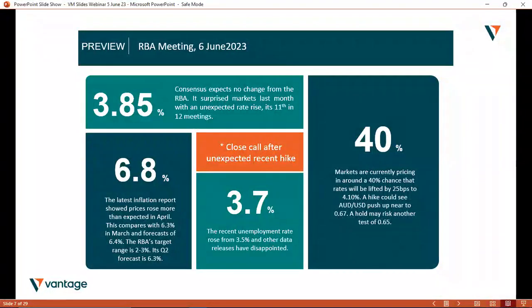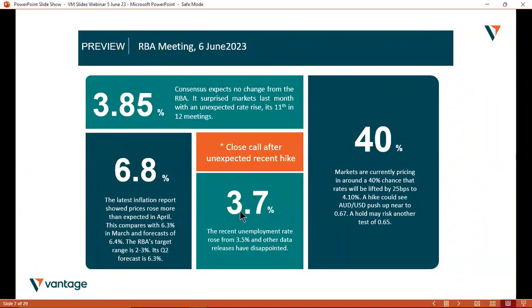Some others are also wondering whether the RBA just ties up this slightly odd number of 3.85%, and they just raise rates by 15 basis points to 4%. They did that, if you remember, to kick off this cycle with that strange 15 basis point hike. And that's just to highlight why we have the 3.85. So some are speculating whether they just increase by 0.15% to round it up to 4%, and then they reassess.